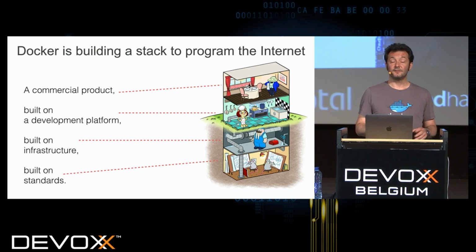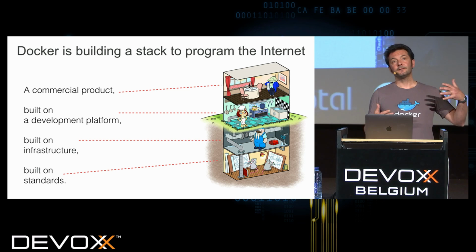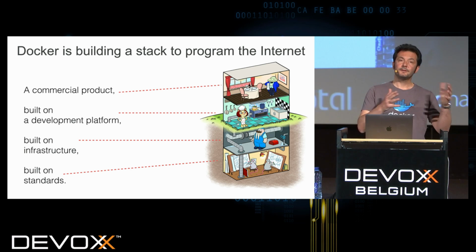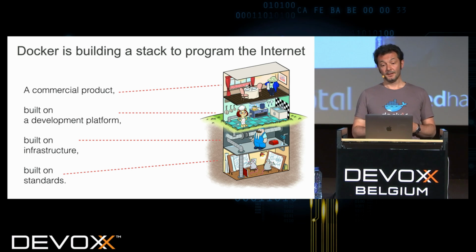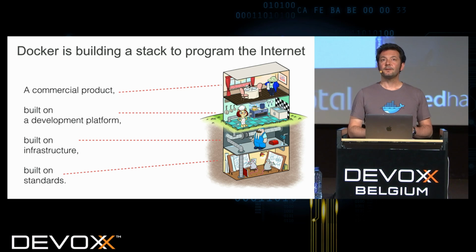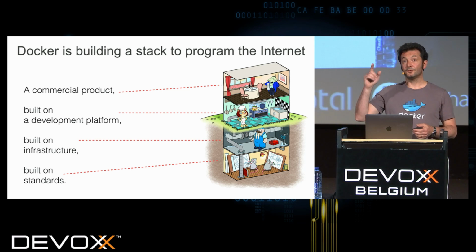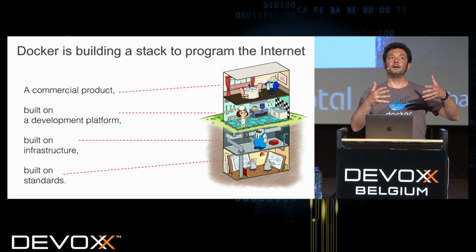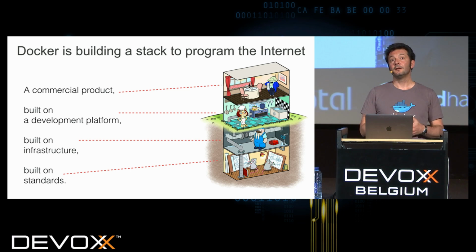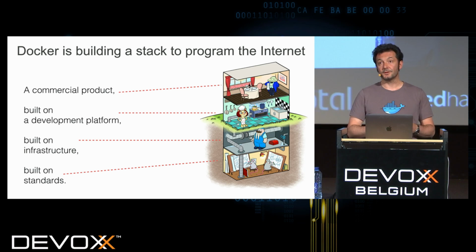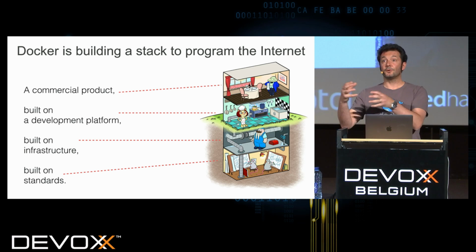So at the bottom, it's built on standards. What I mean by that is, I think it was 2 years ago at DockerCon, with 40 different other companies, we created something called OCI, the Open Container Initiative. That's a standard for container runtime and image format. I think Phil Estes, who's here, has a talk about that later during the conference. And so OCI has a reference implementation that's called runC, and runC is at the heart of how containers are run in Docker. That's the reference implementation of the spec, and that's the piece of code that runs containers inside of Docker.